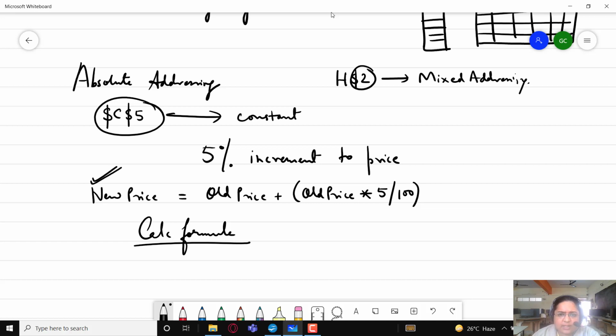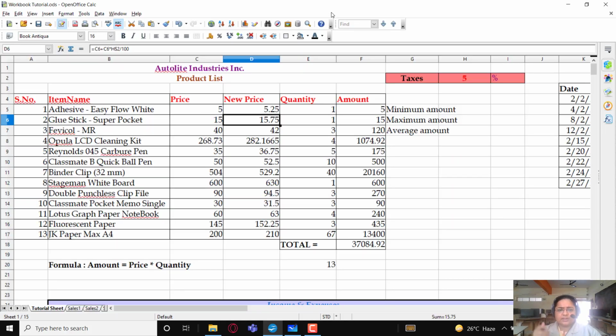We don't actually require the dollar here because H is not changing as we are dragging it downwards. When we drag downwards, the column remains constant. That is why we can remove the dollar sign before the column, but we'll keep the dollar sign before the row. So we have calculated the new price.